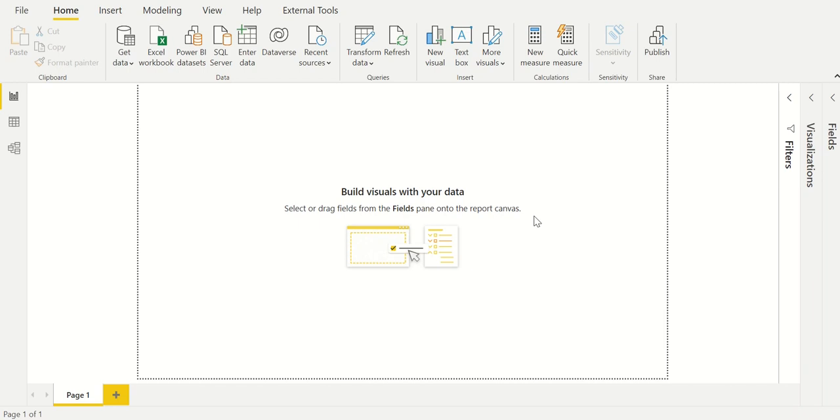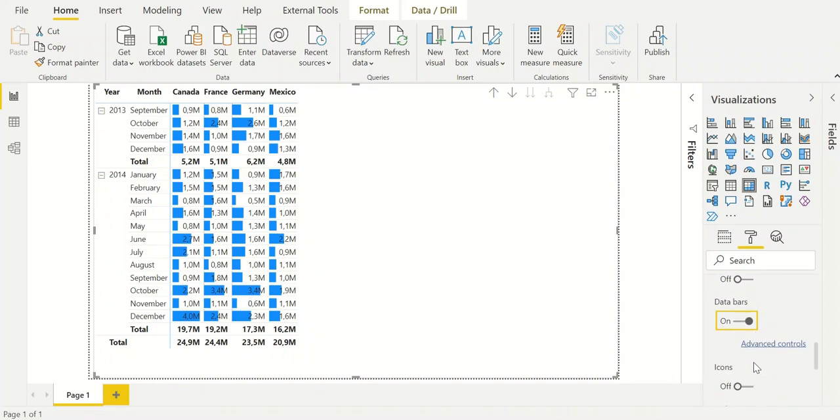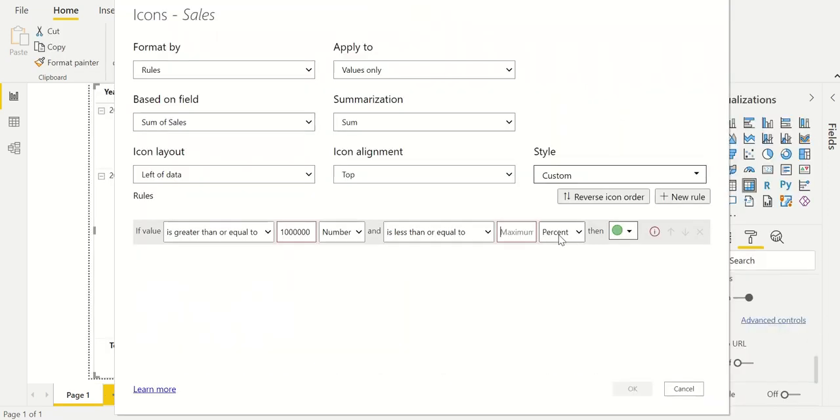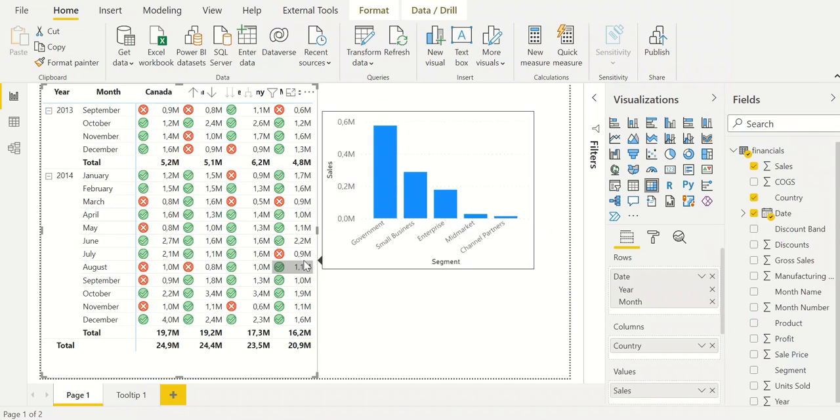A matrix can be a very powerful tool to show your data in a structured way. However, you should know how to present it well. In this video, I will show you 6 tips to improve the look of your matrix. At the end, I have got a bonus tip that allows you to create another mini report within the matrix,